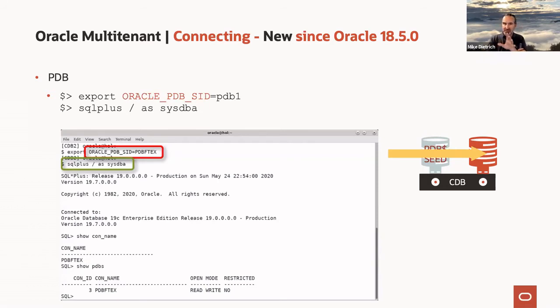Very simple. Problem is, a trigger can't give you output on the screen. So the trigger connects you anyways when you do a SQL Plus / as sysdba, no matter what you set in this environment variable, but at worst case, you're in your root container. And this is not so cool because it actually happened in my hands-on lab already that I started something which I thought I start in the PDB, but actually I started in a root container, which was not so cool in this environment. In my hands-on lab, it doesn't matter because I flash back, but in the